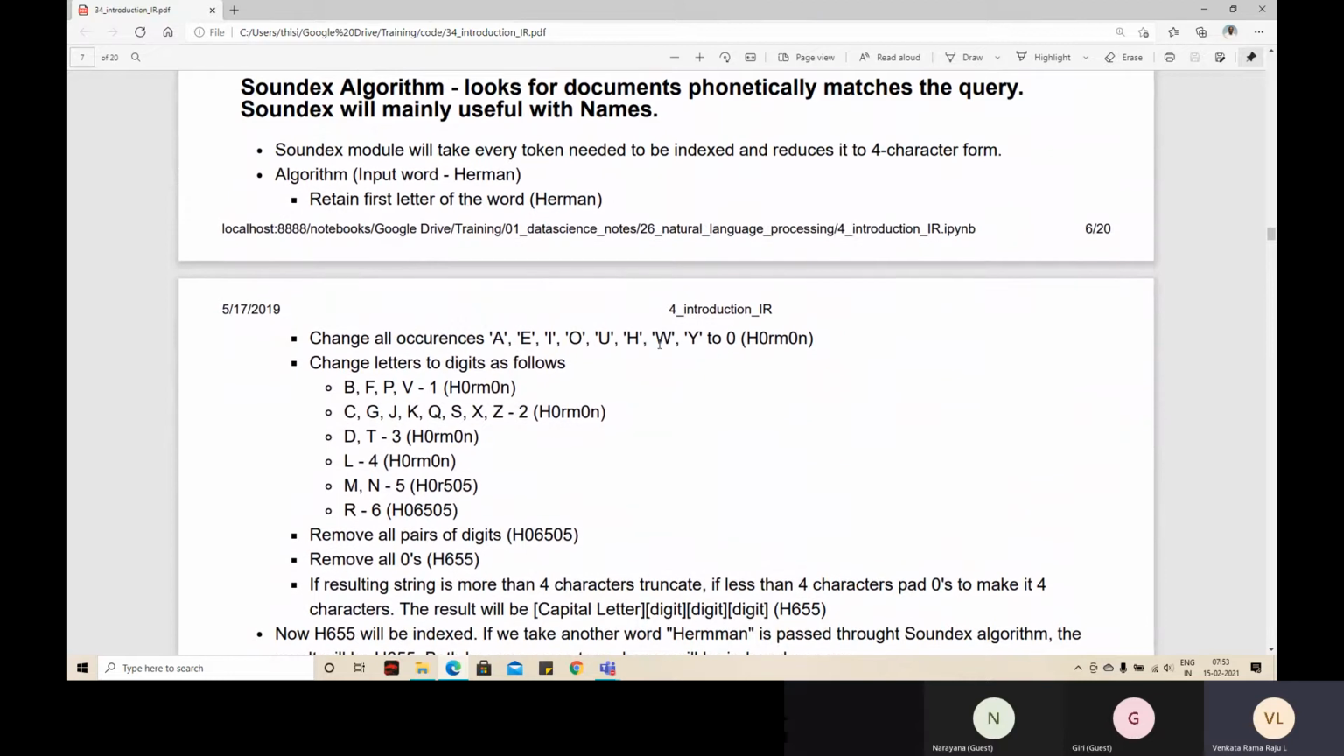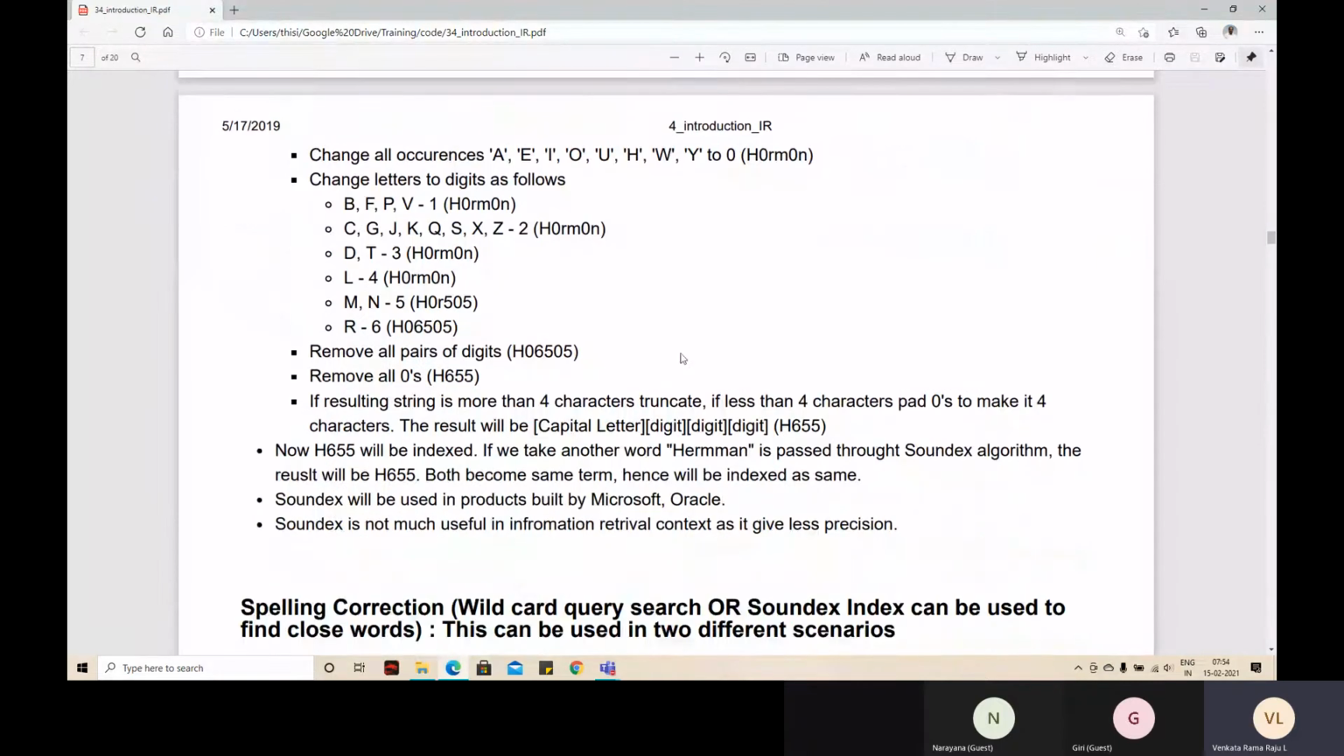The Soundex algorithm was used way back, maybe 5-10 years back, in the Oracle database. The Soundex algorithm will take any word and try to reduce it to 4 characters. If there is Herman and there is another word, Hermman,